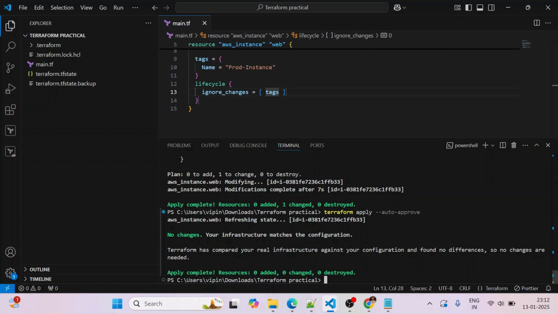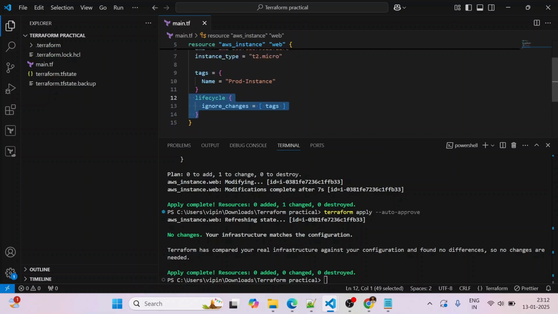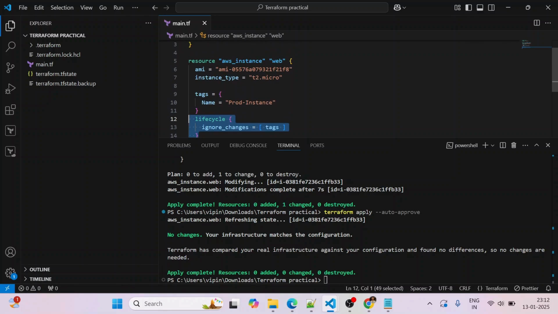Your infrastructure matches the configuration. Terraform has compared your real-time infrastructure against your configuration and found no differences, so no changes are needed. So this lifecycle rule ignore_changes is working perfectly for our use case to ignore the manual changes. That's it about the lifecycle ignore_changes meta argument.